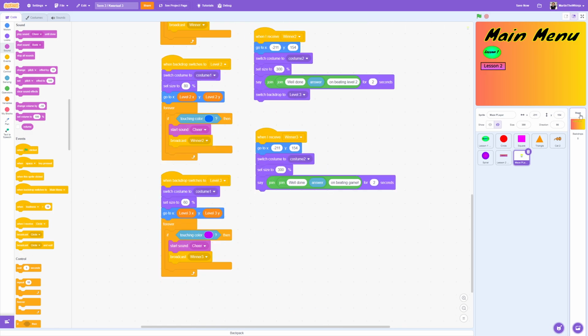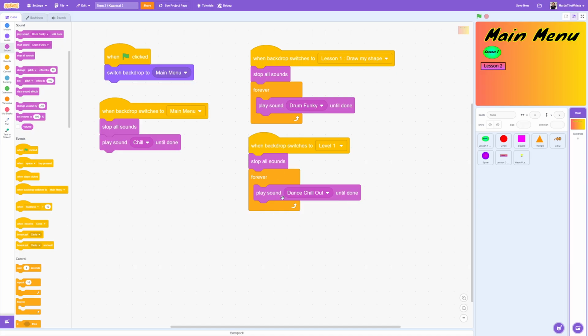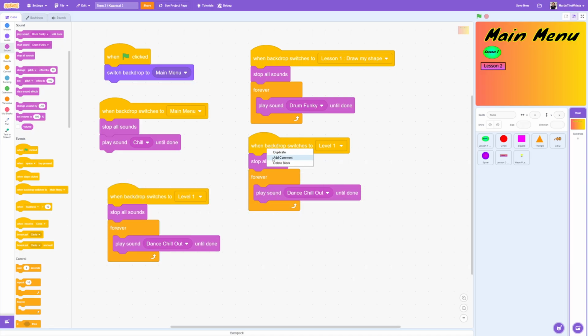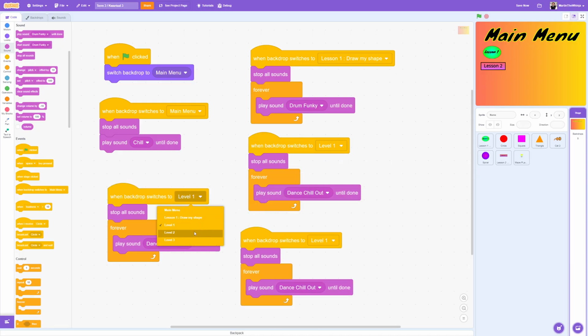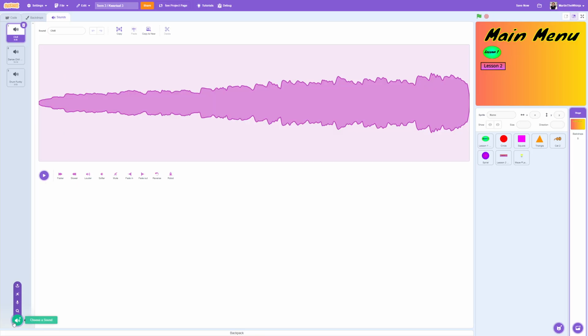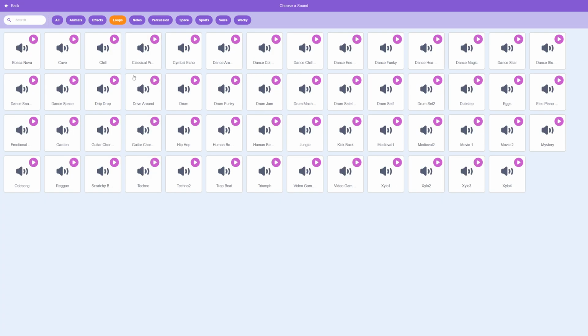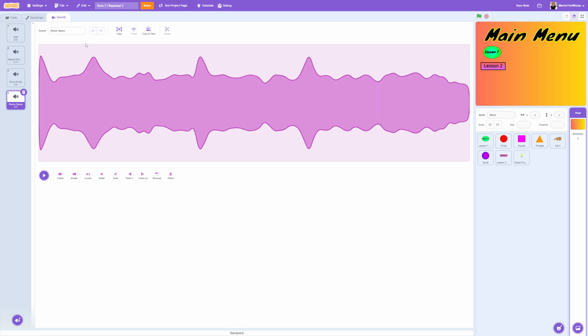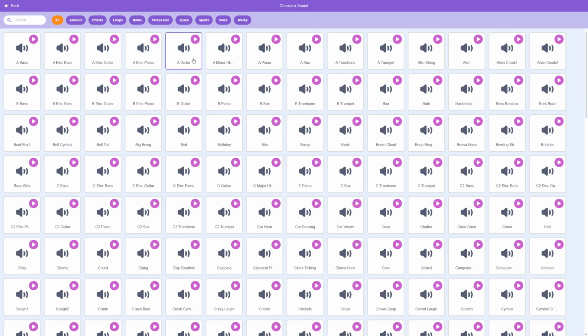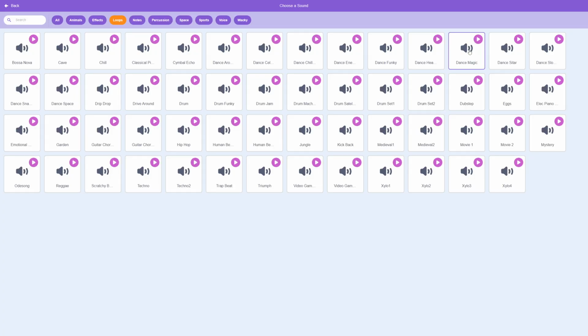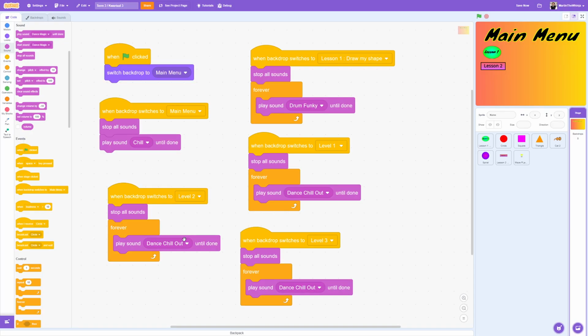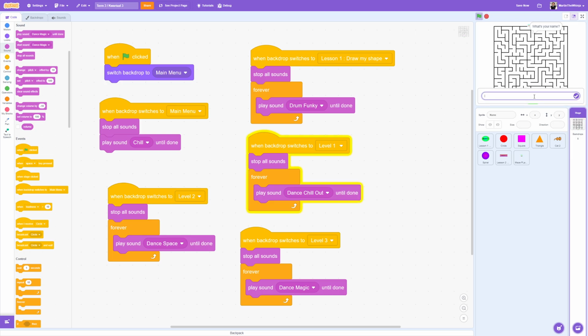And if you want to add different music for the different levels, all you need to do is duplicate this one, change it to level 2, level 3. You'll have to add 2 new songs. Let's do Dance Space, and I'm going to do Loops, Dance Magic, and now I can change this one, Dance Space, Dance Magic. Then, if we test this,